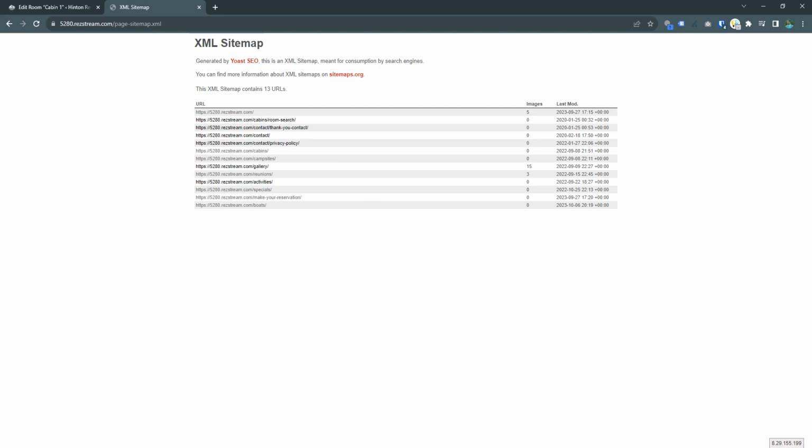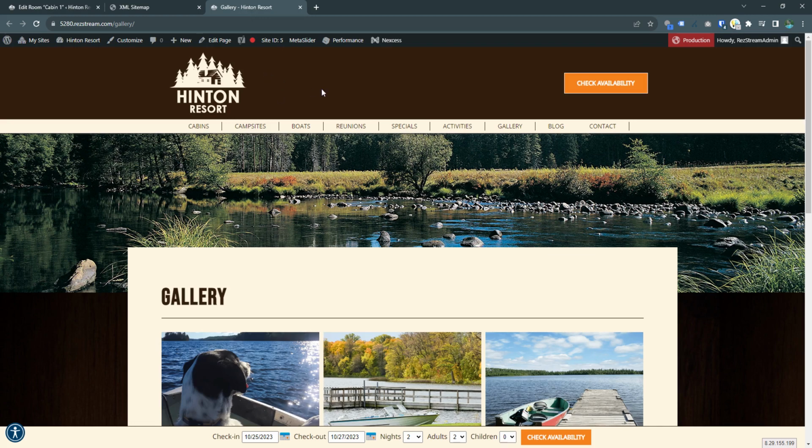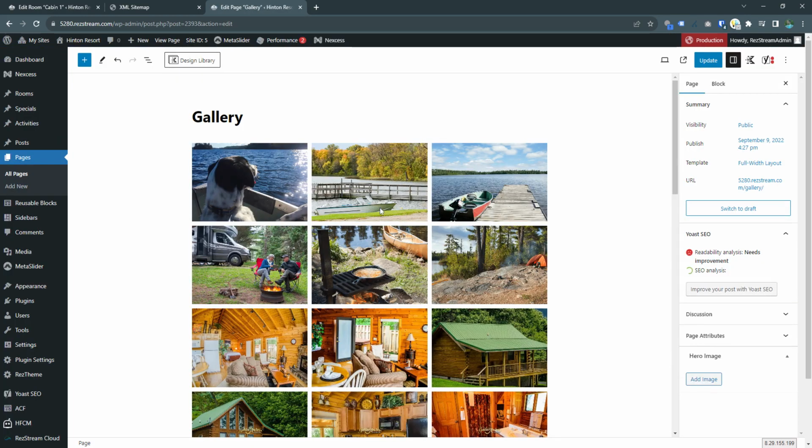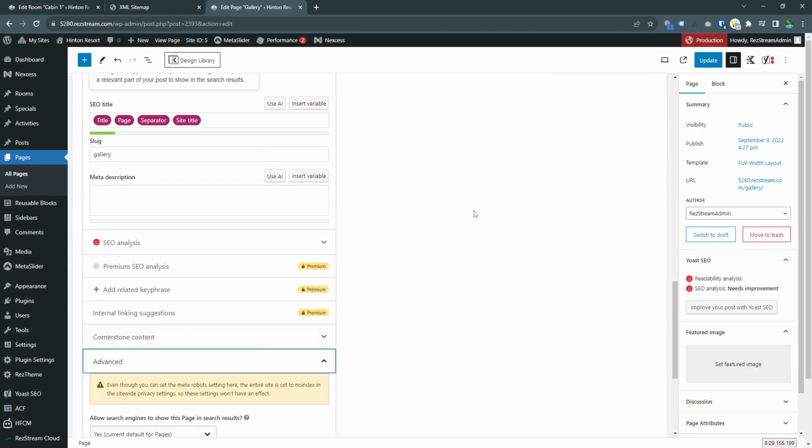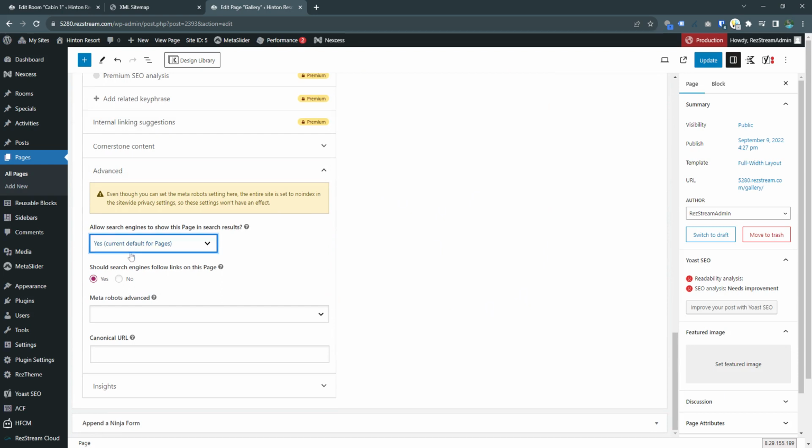Now, for instance, if I wanted to hide this gallery page from the sitemap for any reason, I would go to that advanced section I showed you before. So I'm going to open that in a new tab. I'm going to go to where I edit the content for this page. And then I'll scroll down to the Yoast SEO section, into the advanced area. And now if I click no in this area and have it not show up in search engines and search results, and click update,